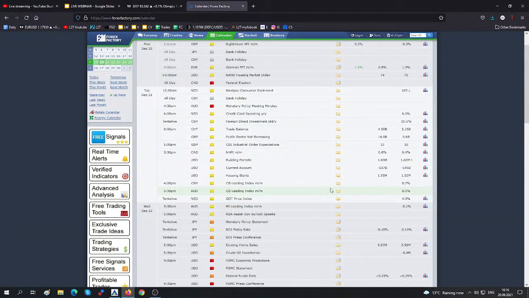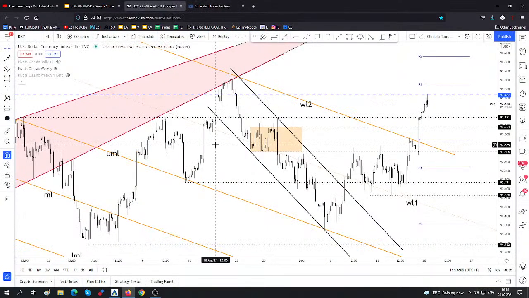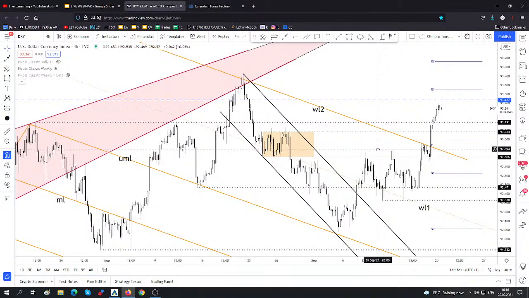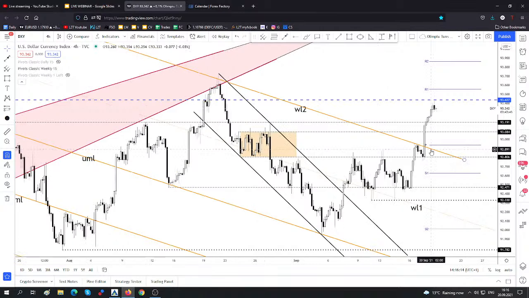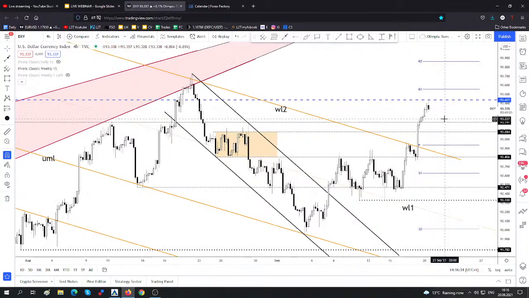As I've told you earlier in my analysis, the dollar index has rallied, and it was expected to increase after jumping above the second warning line, after only retesting the 92.80, an aggressive breakout above the second warning line of the descending pitchfork. So right now it has reached 93.43, only a false breakout with great separation,